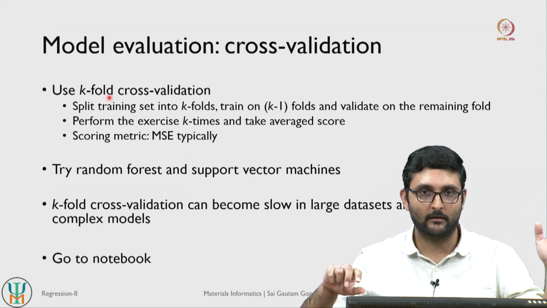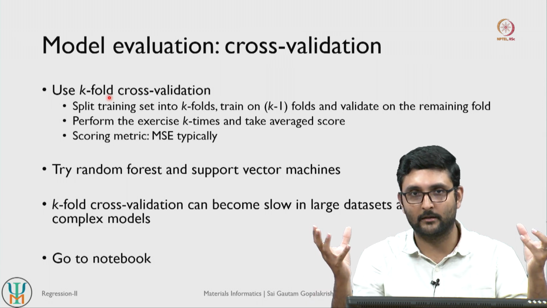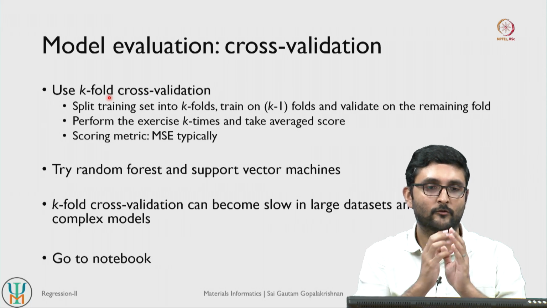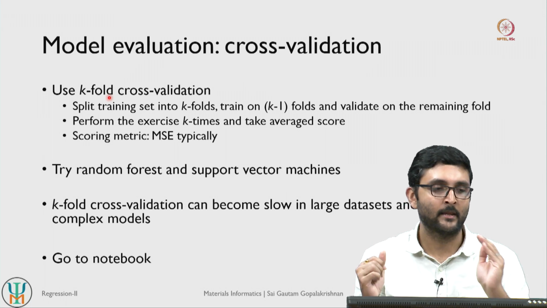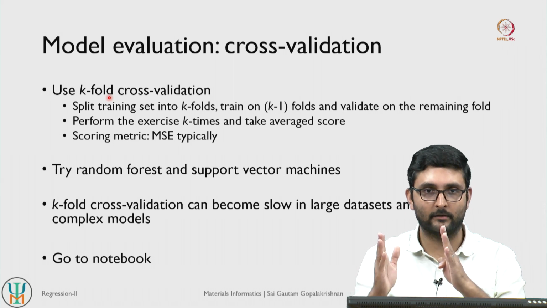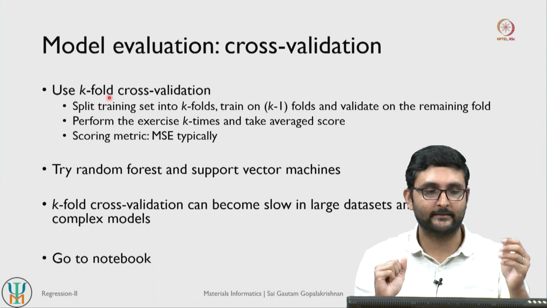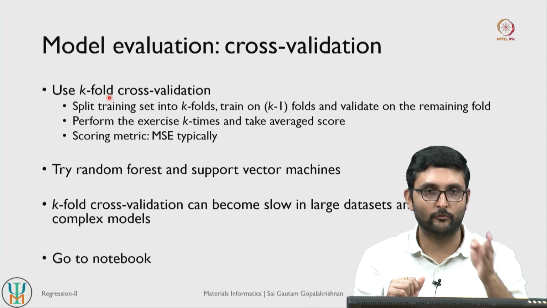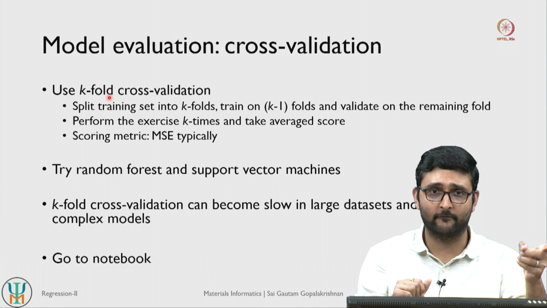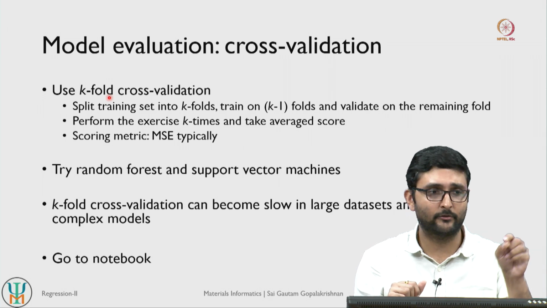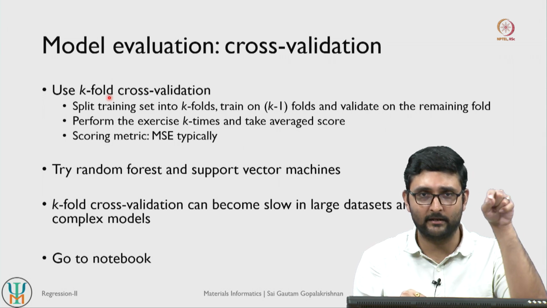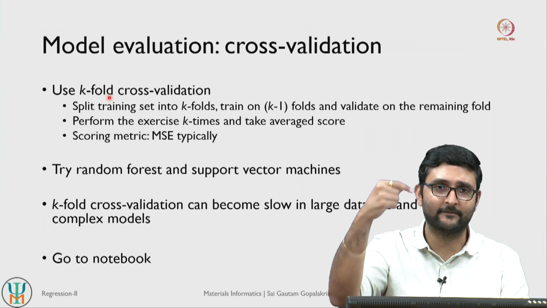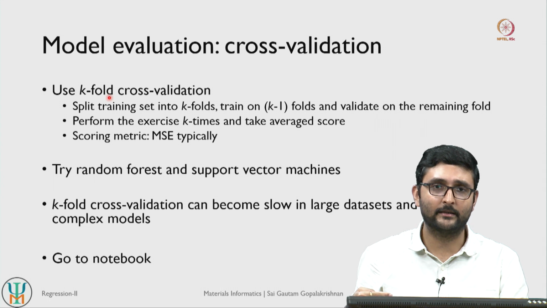Let's say it's a 5-fold cross validation. So k is an integer here. If it's 5-fold cross validation, you split your data set into 5 subsets. Initially you train on the first 4, evaluate on the 5th one. In the second exercise you train on 2, 3, 4 and 5 and then you evaluate on your first set. In the third instance you could train it on 1, 3, 4 and 5 and evaluate on your second subset and so on.